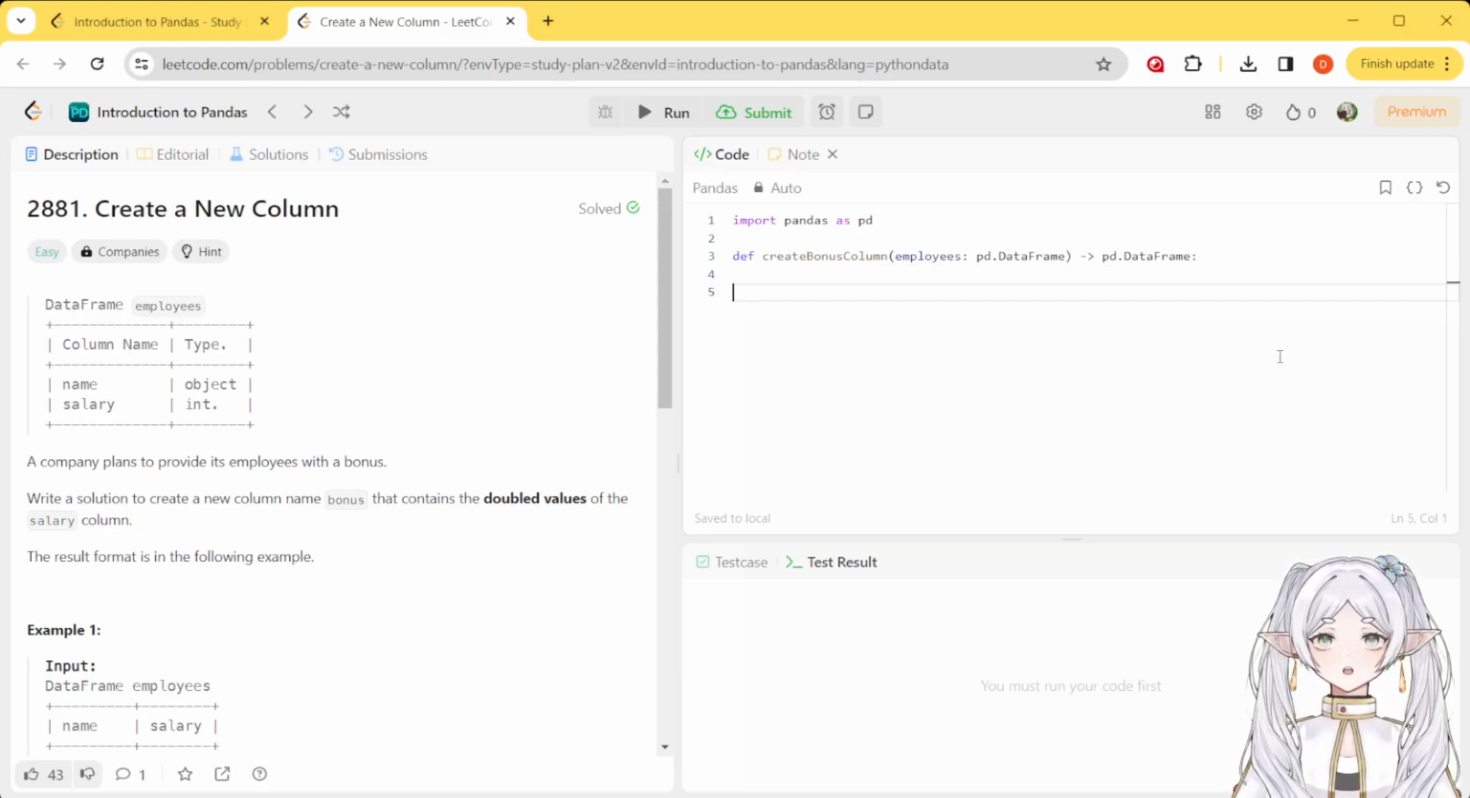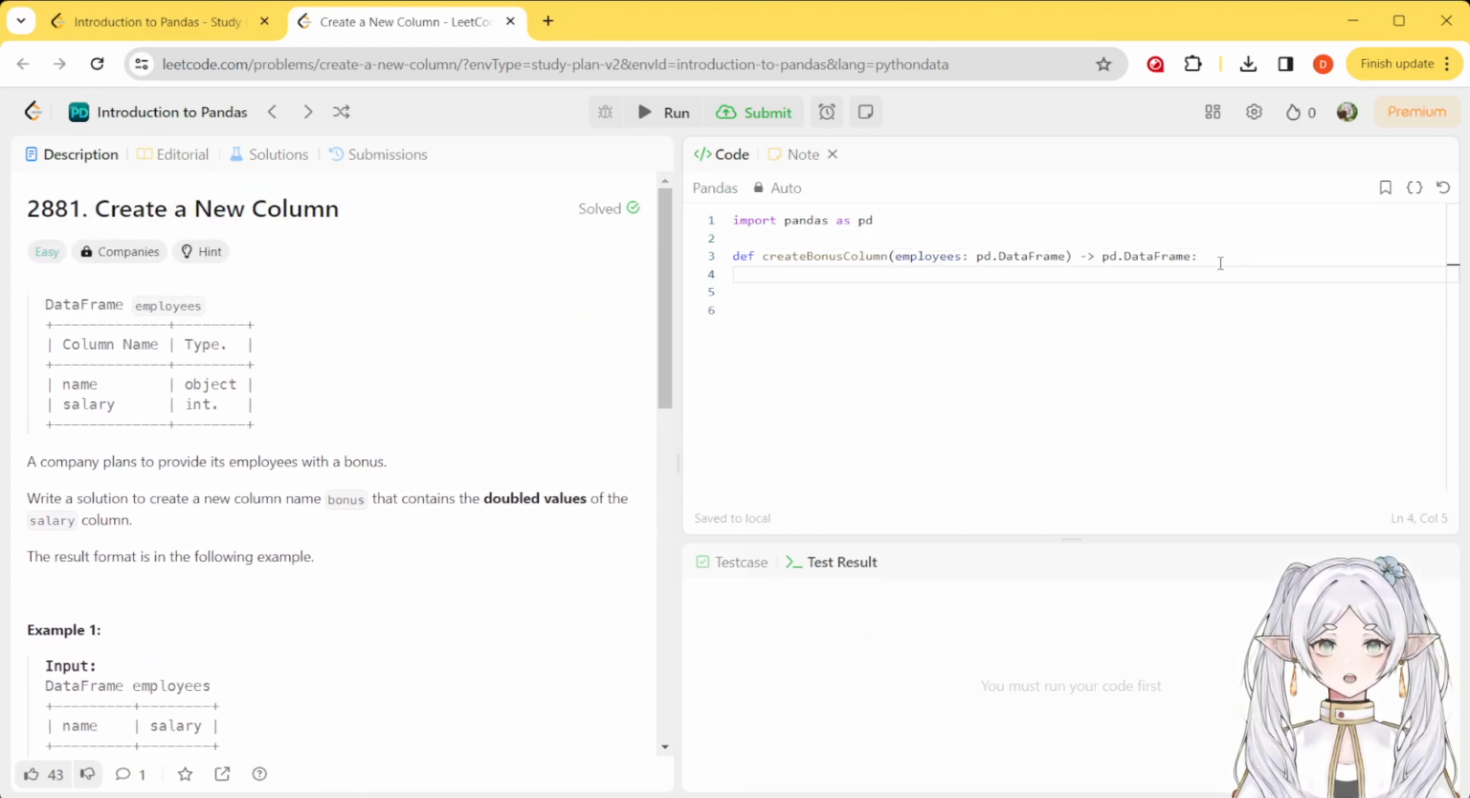Then we need to create a new column named bonus that will be basically the double sum of the salary. So let's begin. Here I just use the name of our data frame and define the new column named bonus. And here just a simple math operation like we do in Python as usual. So I will use employees column salary